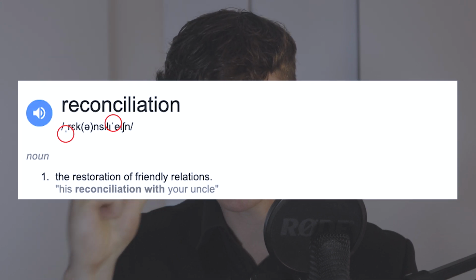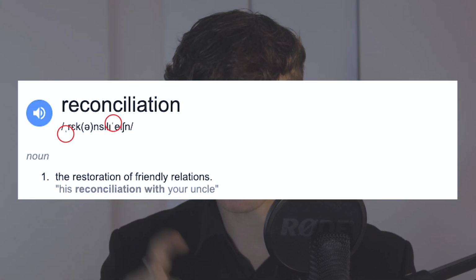Now, all you need to do is go into Google and put in the word and then put definition. And then it comes up with a British or an American kind of interpretation. And it shows you where this little dash is. So that little dash is the stress marker. And if you listen to a few of them, you can kind of identify how it impacts the pronunciation of the word. Now, it does help to learn the International Phonetic Alphabet for this. But in reality, you just need to memorize this little dash. And wherever that dash is dictates the stress. So when you have a word that you're unsure, figure out the stress and you will sound native.